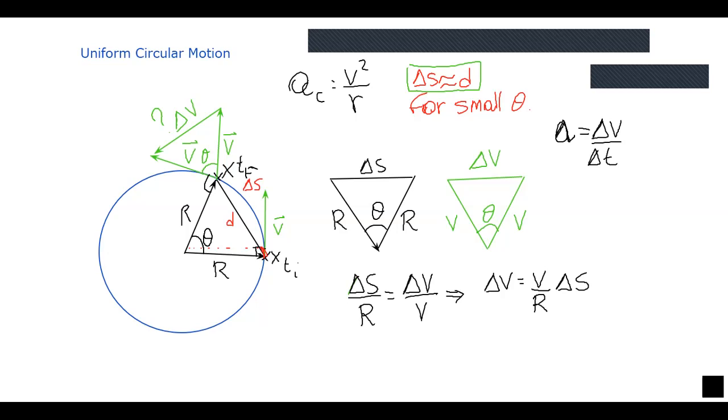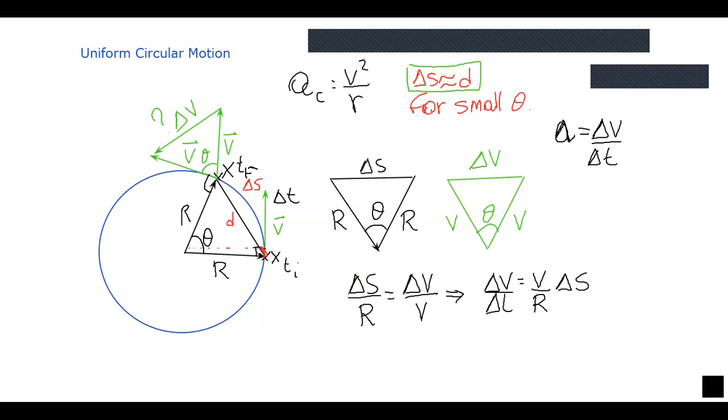And therefore, the total time interval to go from point 1 to point 2 has to be delta t. This delta t is the time that it took to go from the first position with the horizontal radius to the second position with the almost vertical radius. And it's also the same time it took for the velocity to go from being completely vertical to tilted. So I can divide both sides by delta t